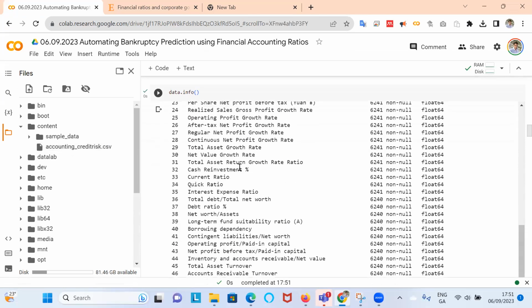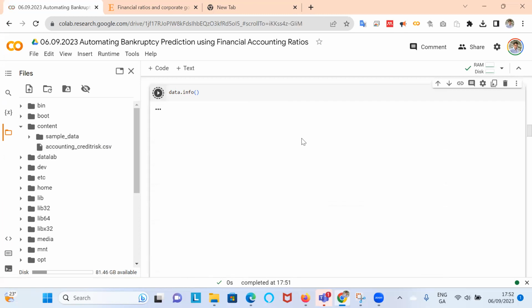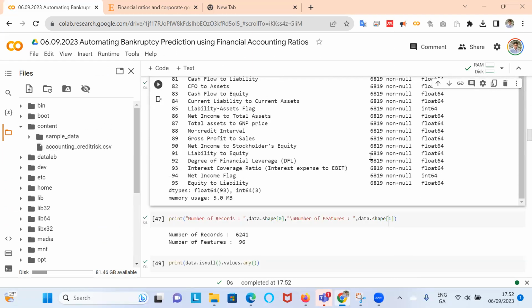And so you see we had 6,241, that should go up to 6,800. And now the data's been fully read in. So there's a little bit of latency. You've got to wait a minute for all the data to load up and then proceed.